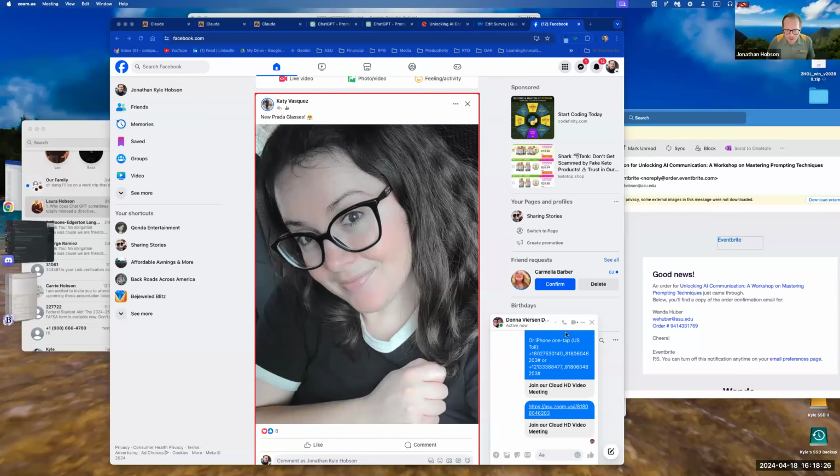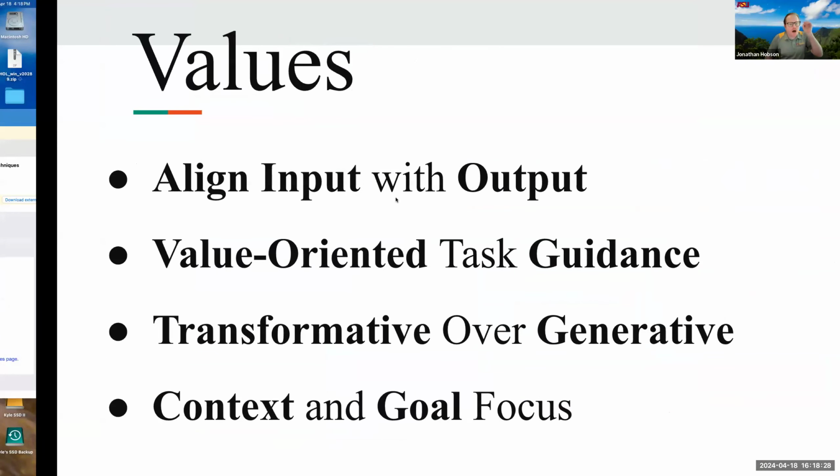So, kind of getting back on track. Let me get back to the slideshow that I had. Okay, so there you go. Okay, and let me share my screen again. Okay, so